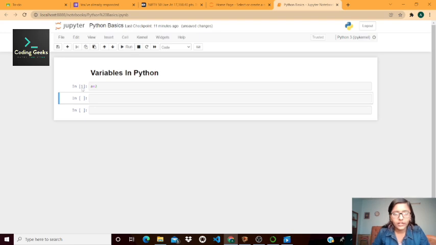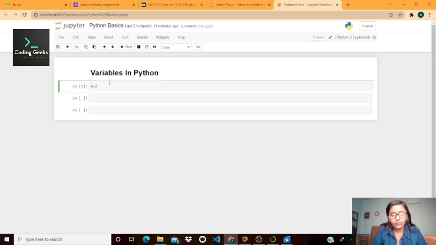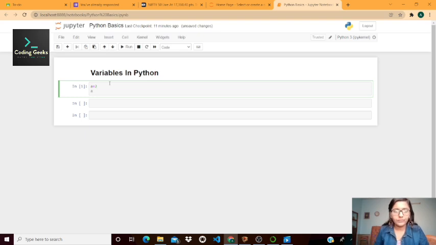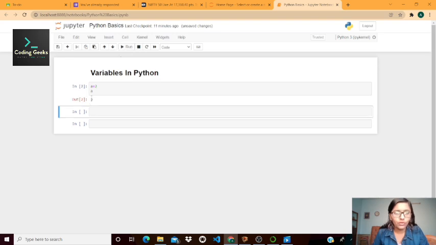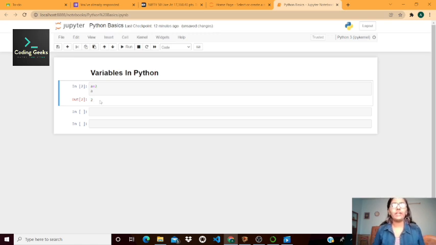The number inside the In bracket signifies that our cell has executed, and now we can type A and look at what value is stored inside the A variable. In the output you can see that the A variable contains the value 2.